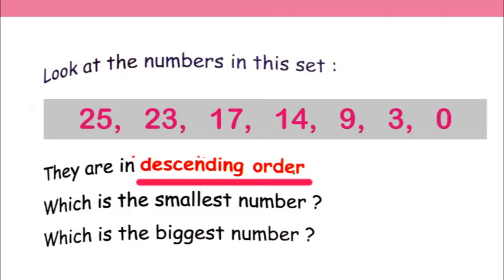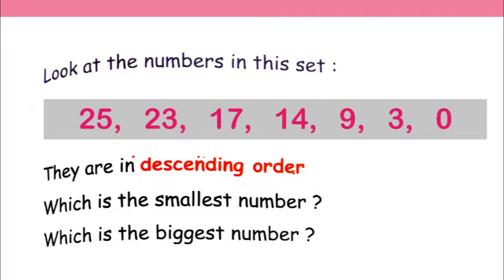Okay, so you can see they have started from the top, descending, means coming down the staircase from a higher level to the lower level. So remember, you have to remember these little things so that it will make it easier for you to understand how to do this. So they have written these numbers in descending order. So 25 is the biggest number. So they have written number 25.